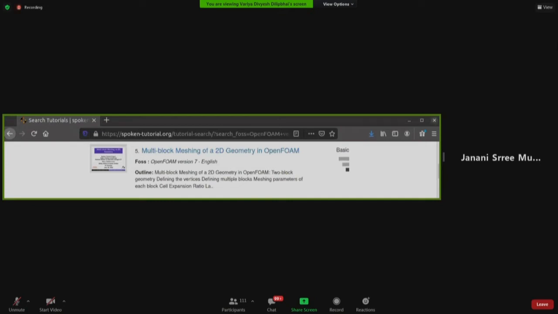Okay, so we had a question with regard to the Courant number, and I think this is a very fundamental aspect of trying to understand the setting of the time step for your simulations. It is with regard to your transient simulation. So what does Courant number mean? Let me just share my screen to write it out. Just give me a second.